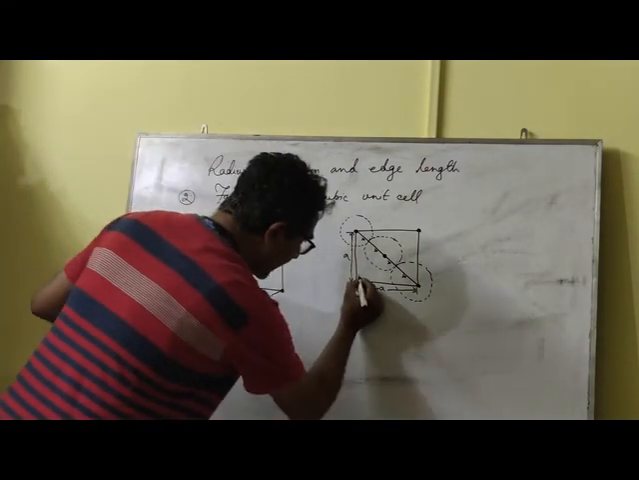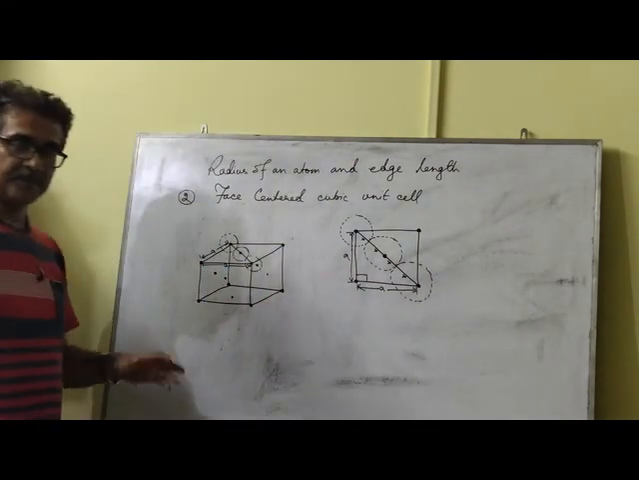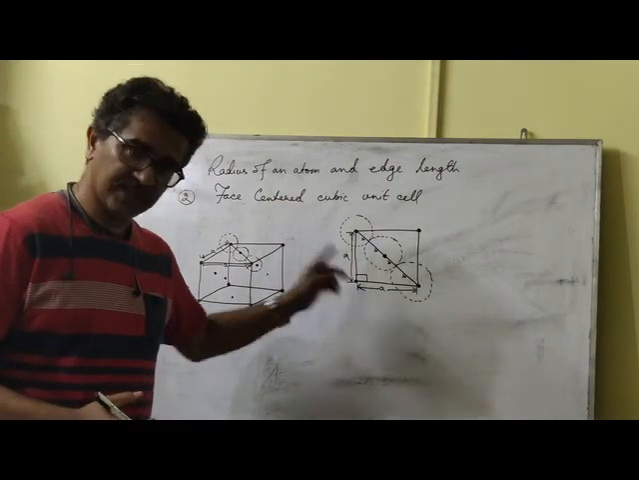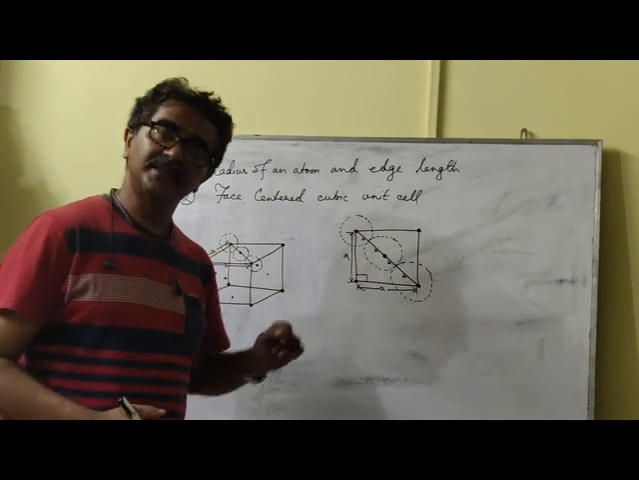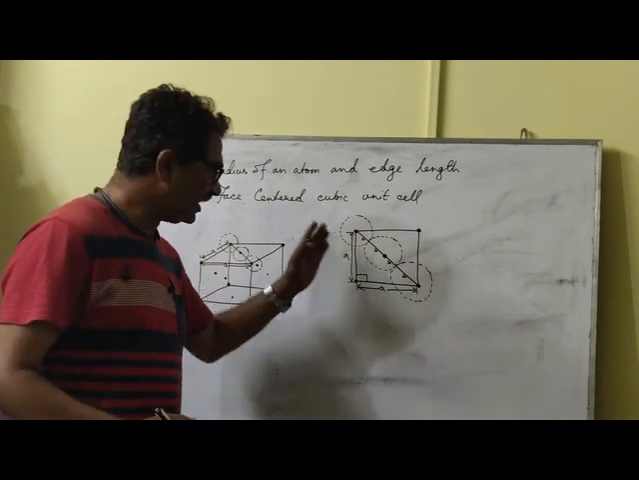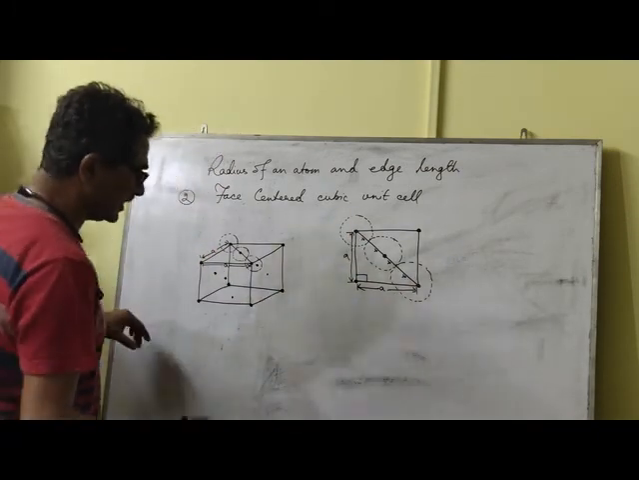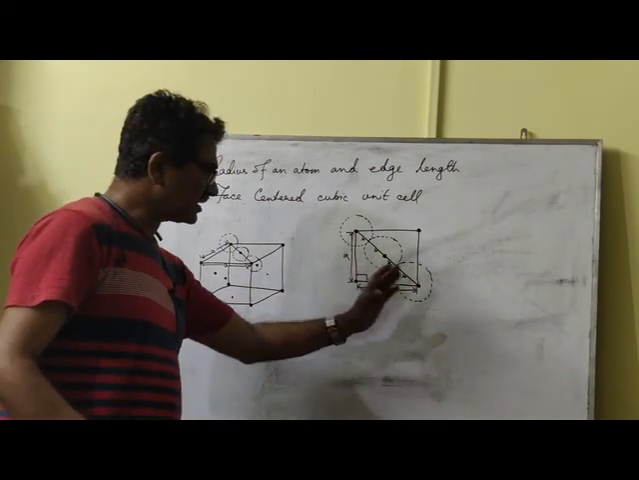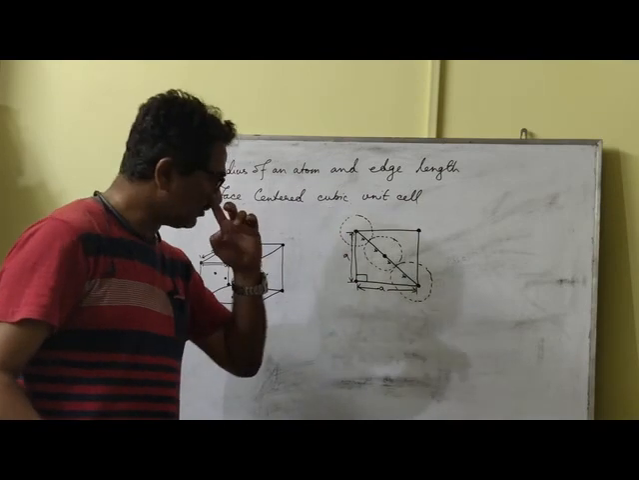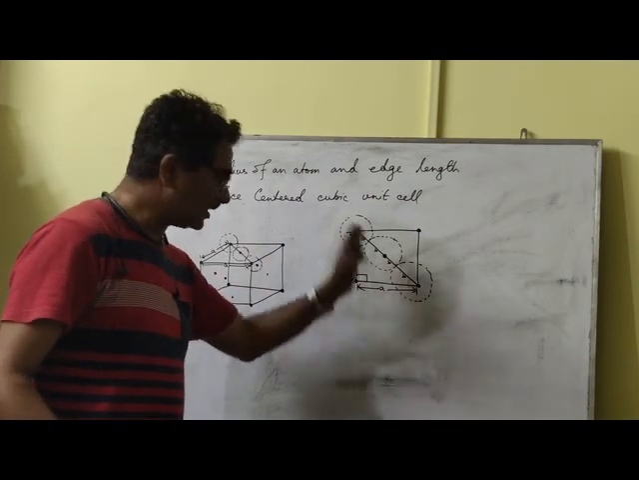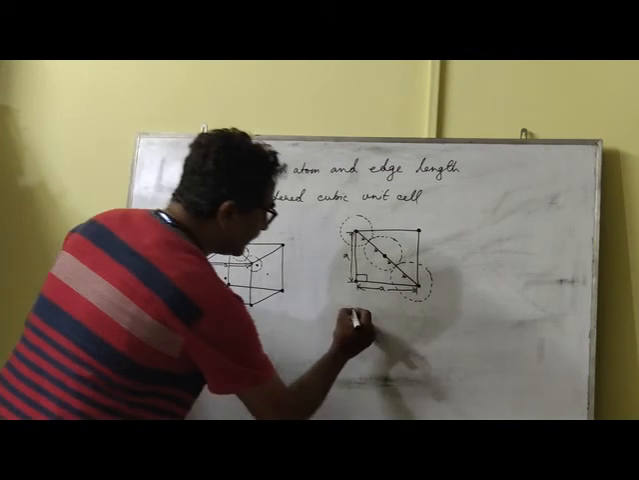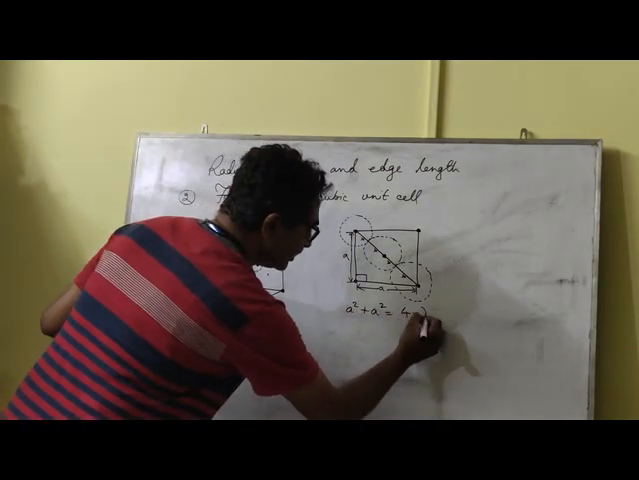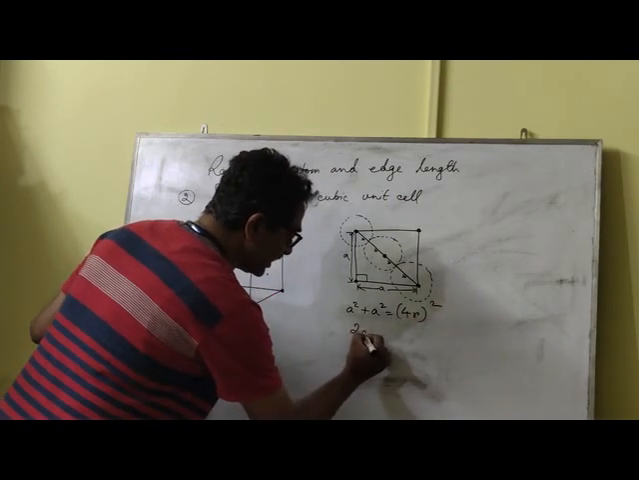So this particular angle is what? It's 90 degrees, because in a cubic unit cell alpha, beta and gamma are always 90 degrees. So if it is 90 degrees, we can use the Pythagoras theorem to find the relationship between the edge length and the radius. Since this is 90 degrees, we can simply use the Pythagoras theorem to relate this particular hypotenuse and the two sides. That is a square plus a square equal to (4r) whole square. So what do we get? 2a square